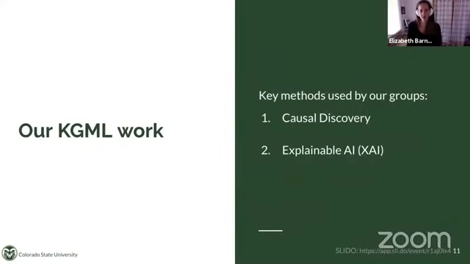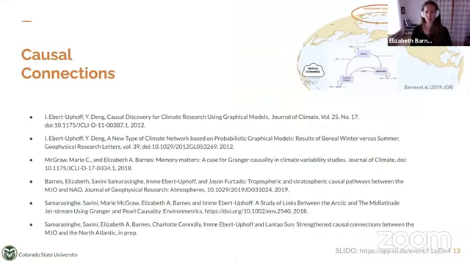Okay, so Imme and I hope to introduce this session, and we thought it might be fun to tell a little bit about some of the work that we are doing here at Colorado State University as a way of introducing, again, these topics of KGML that you're going to hear about the rest of this afternoon. So two key methods that are used by our groups are causal discovery and explainable AI. And in terms of the causal discovery, which again, Marlene will talk quite a bit more about in the coming session, Imme's actually been working in the field of causal discovery and climate research for almost a decade now,